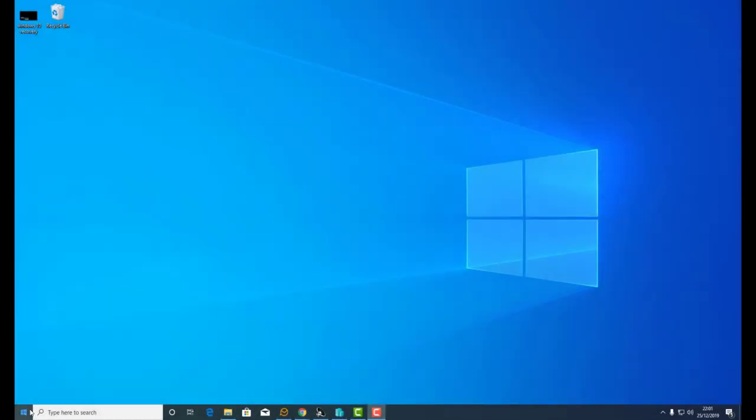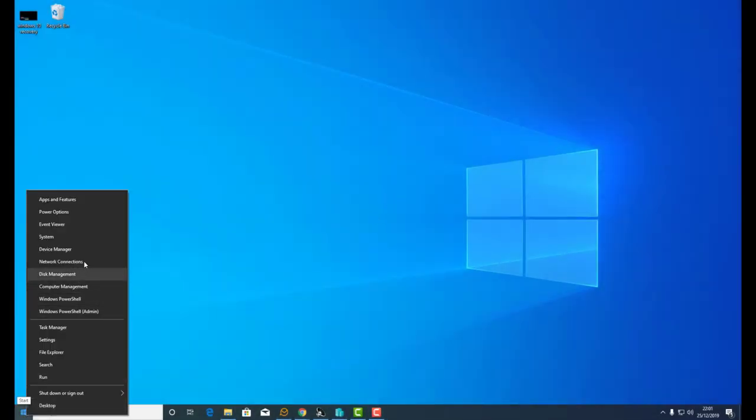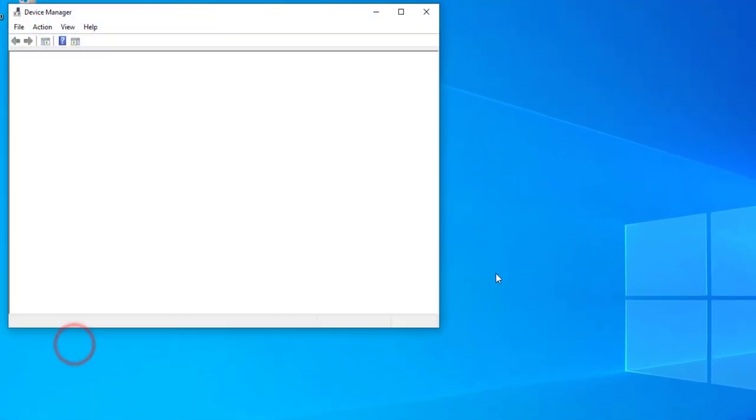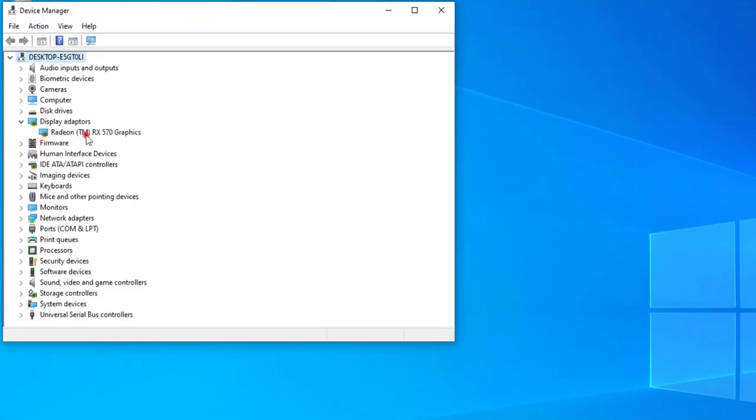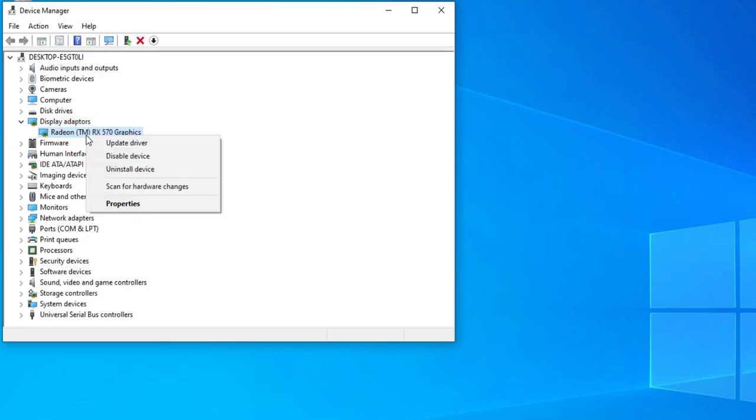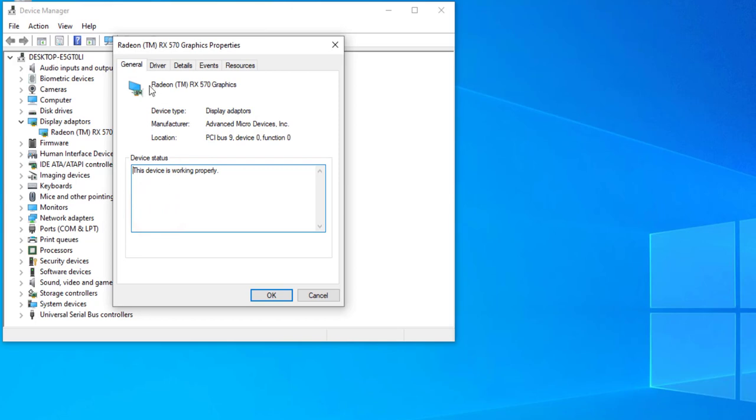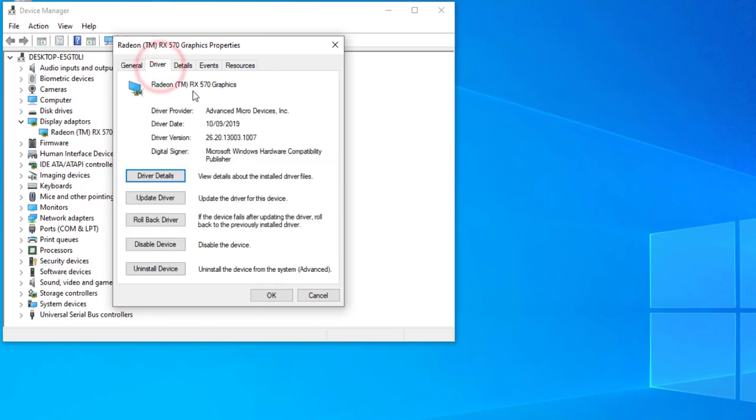So what you need to do is go to your Windows logo, right click, go to Device Manager, and then expand the Display Adapter section. Right click on the graphics card, go down to Properties, and then click on the Driver tab, and then go down to Rollback Driver. Just left click on that,